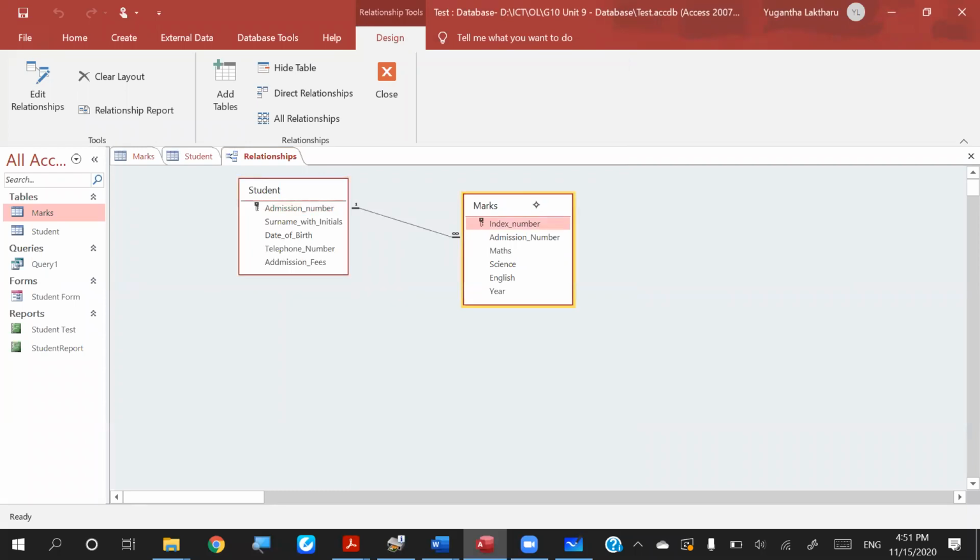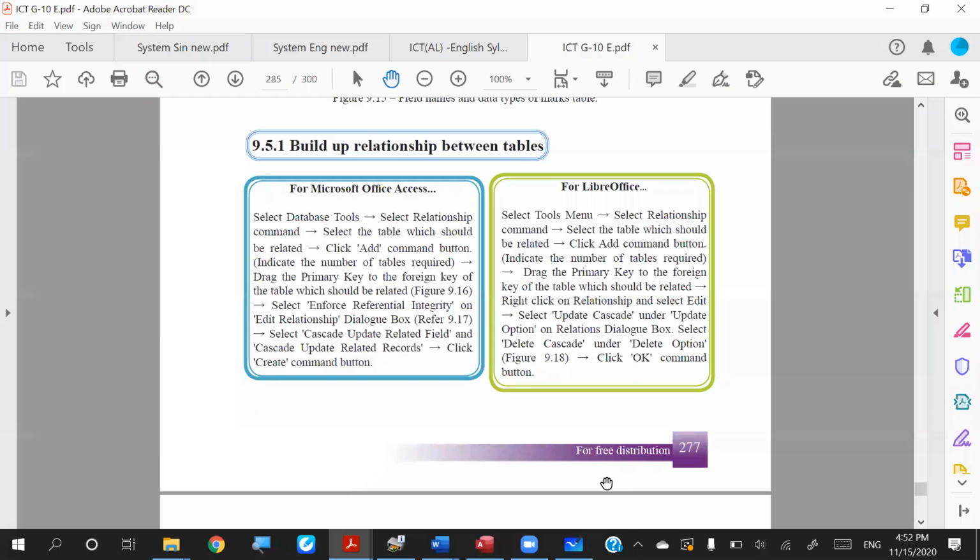Right, people, did you get this? Yes, sir. Right, okay. How about others? Okay. So let's move forward. Now, after creating the relationship,